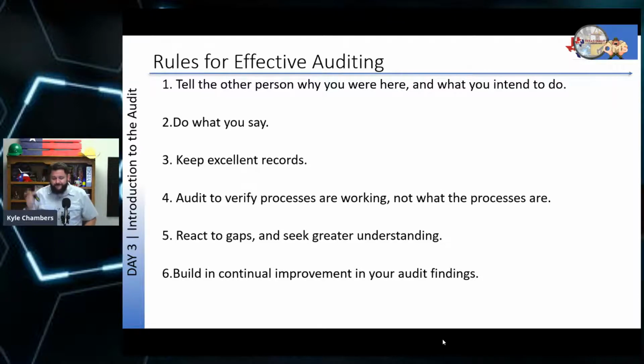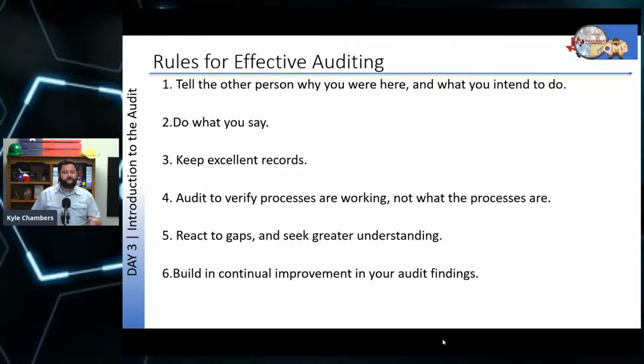You want to build continual improvement into your audit findings. Now, this is a little bit of a tricky one to explain, and this really does come with practice from writing these internal audit reports. As you write the finding, you have a choice in words. You have a choice in how it's laid out and how the information is represented. So as you do so, the best way that I can explain it is you want to build in some hope of redemption for the client.